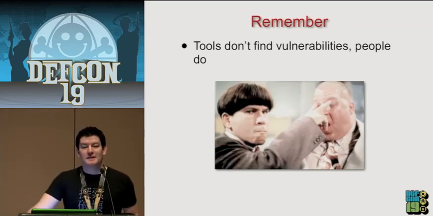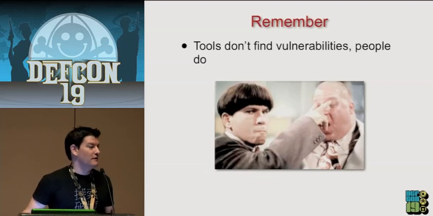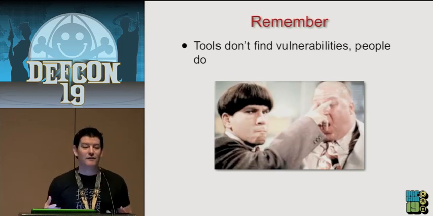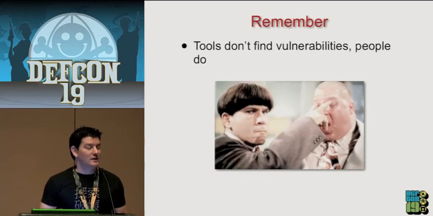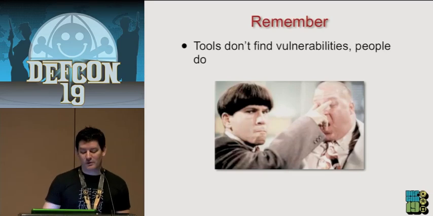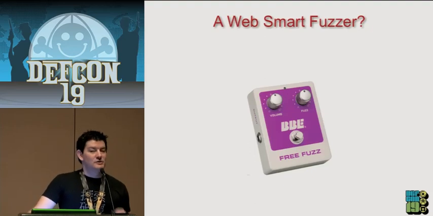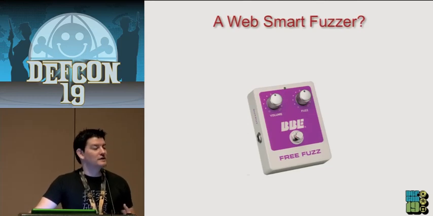One of the things I always like to say is that tools don't find vulnerabilities like people do. Tools should be there to assist in identification of vulnerabilities, not exactly point them out. If a tool is telling you something is vulnerable, the tester has to have the knowledge to look at that data and say, yep, that's an actual vulnerability, or it's not. We decided there are too many tools out there with absolutely no intelligence when it comes to fuzzing or fault injection testing of applications.